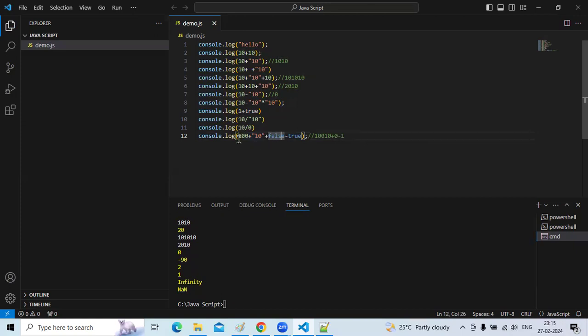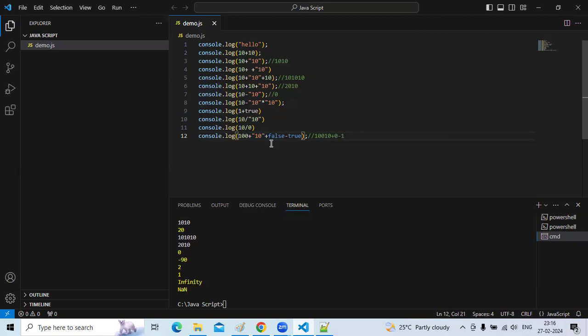But the left side value is a string, right? 110 is the concatenated result, right? So we are adding the concatenated result with false and true, which are boolean values. False means 0, true means 1. But here the left side value is not a number. That's why it will not work.